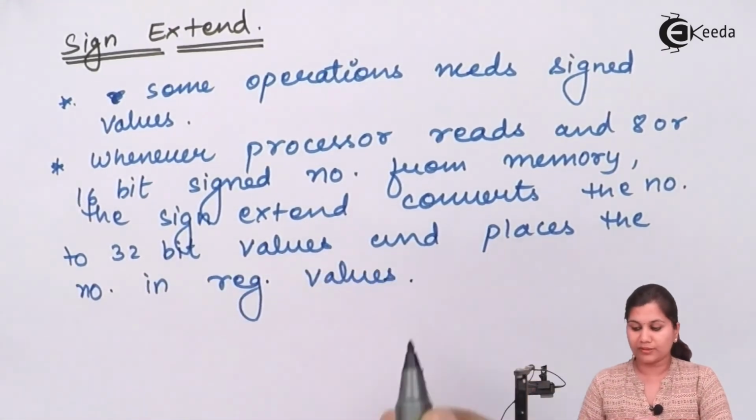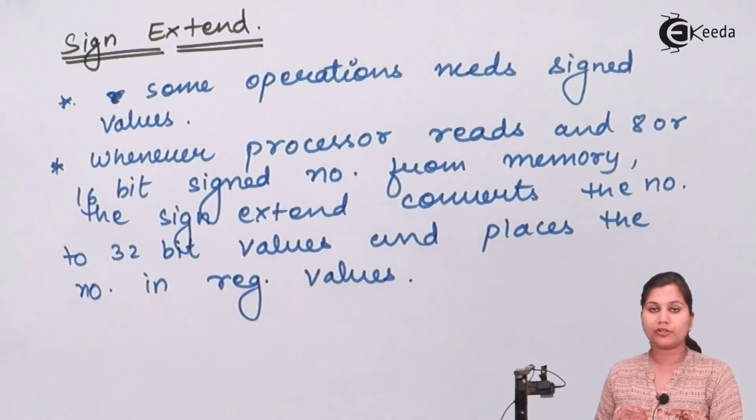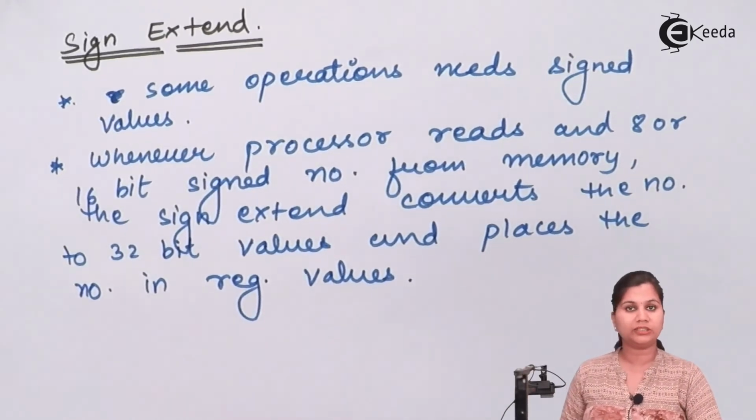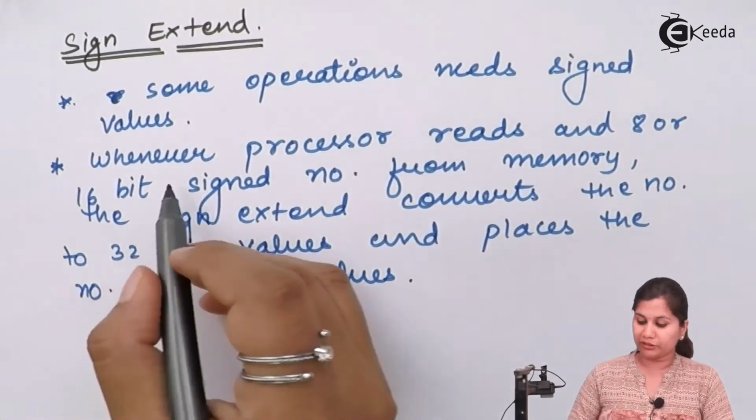In the operations where signed numbers are required, the ARM processor deals with 32 bits of data. So whenever the processor